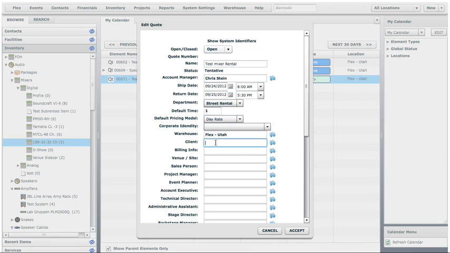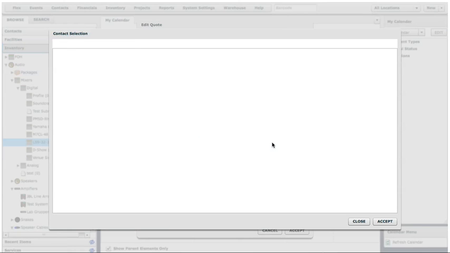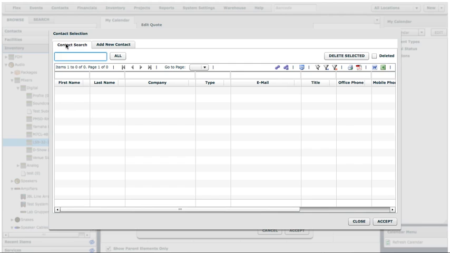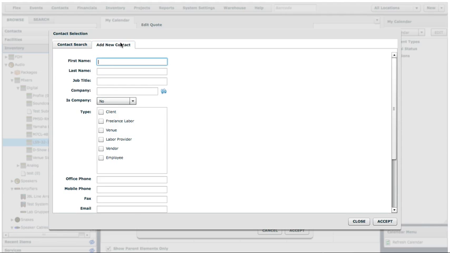As an example here under clients, we can also start to type in the contact names. It will show us all of the different contacts that fit that result. If we can't find the contact here, we can click on the binoculars icon, do a more robust search here, or hit add a new contact. This would allow us to add the contact to the system and as the client contact for the quote,